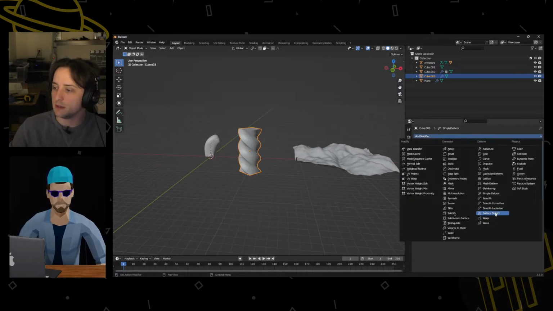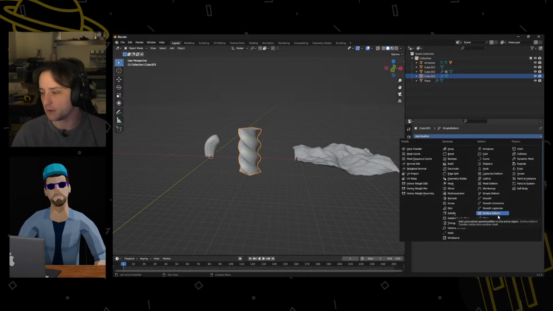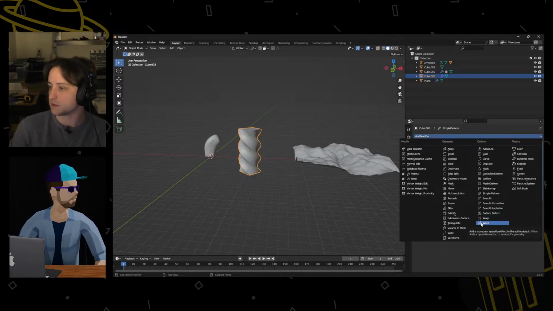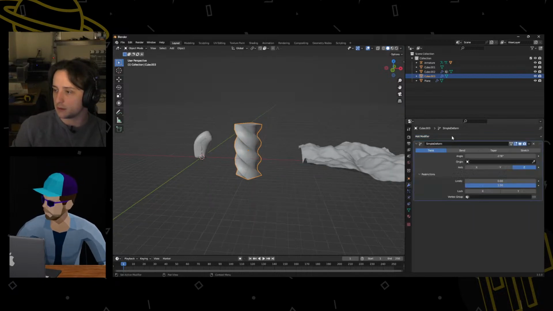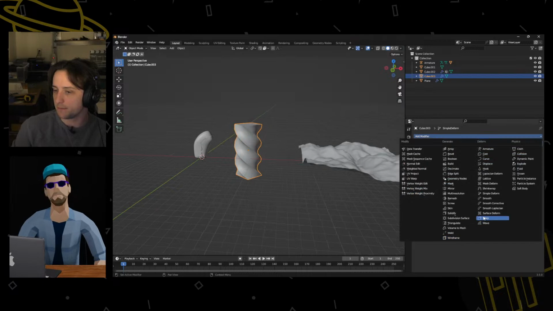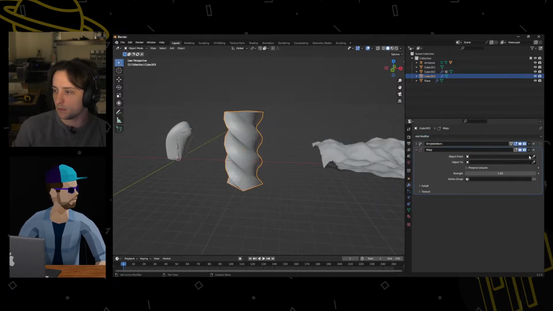So let's see, we did surface deform. Then we have warp. Let's put warp on here. We have to warp to an object, or from an object. Oops. Can't warp from ourselves. We'll warp from that to this, and